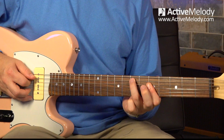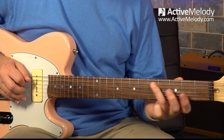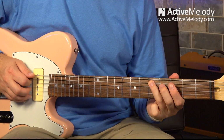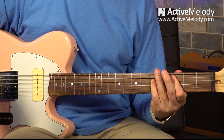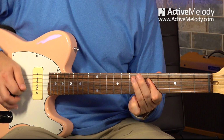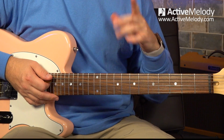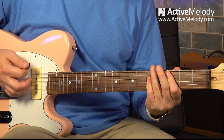And then take that off and play strings 4 and 3 behind the 5th fret here. And then ring finger goes down on the 7th fret 5th string. And I do a slide down to the 5th fret. And then back to the C chord. So it goes... It's just a little fill. Now, that would be a great fill to practice using. So if you were just playing a C chord...